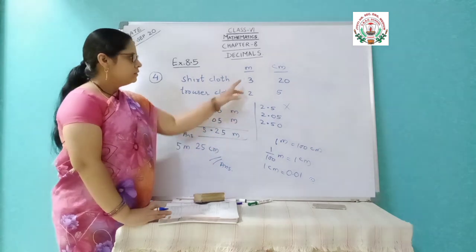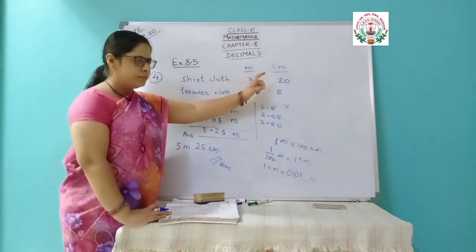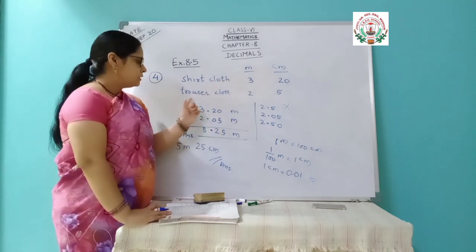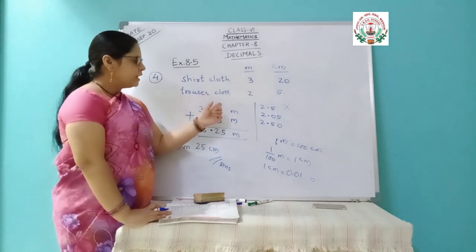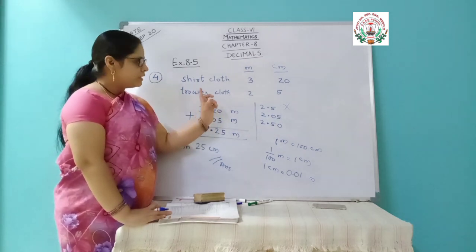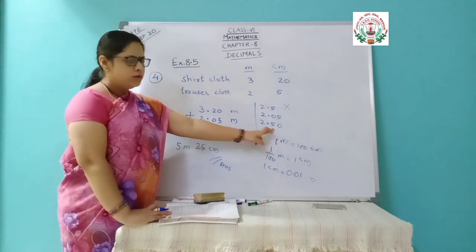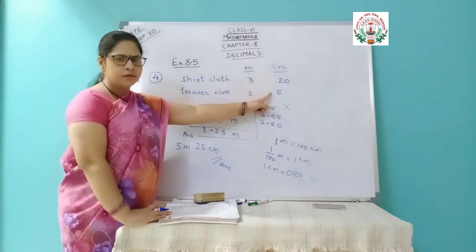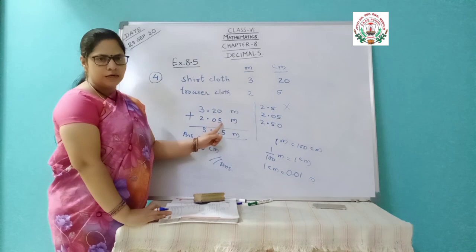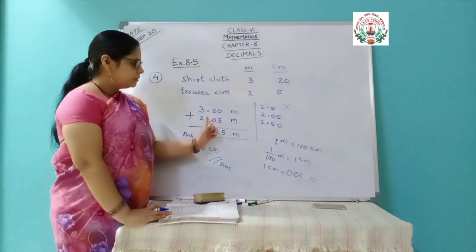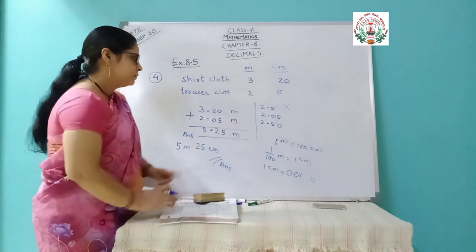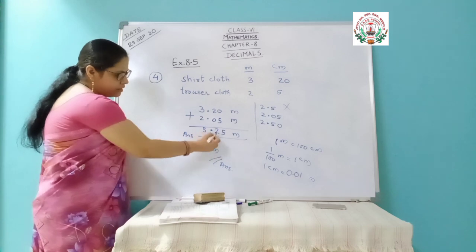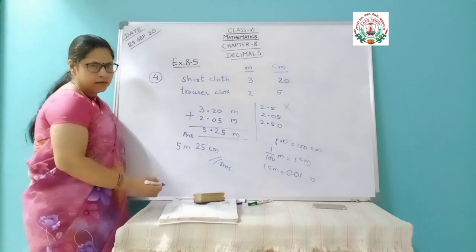2 things are given. Here it is directly given 3 meter 20 centimeter. Okay, 1 digit and 2 digits here. I have written that in the form of decimal. And this is 1 digit, the whole number. Now the second number I want to make 2 digits. So whether I should write 05 or 50. If I write 50, it means 50 centimeter. But it is not 50 centimeter, it is 5 centimeter. So I want to write here 05 centimeter. Understood? That is 0.05 meter. Then the answer will become 5.25 meter or 5 meter and 25 centimeter. This is the exact correct answer.